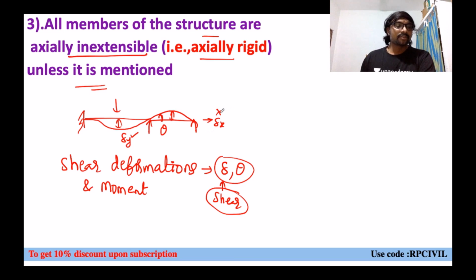Like that. So this is about your steps for drawing the elastic curve. First one is what? Drawing by visual inspection, and the second and third steps are just checks. Second step is compatibility checking with respect to joints and supports. Third one is consistency with respect to bending moment we are checking, like that.